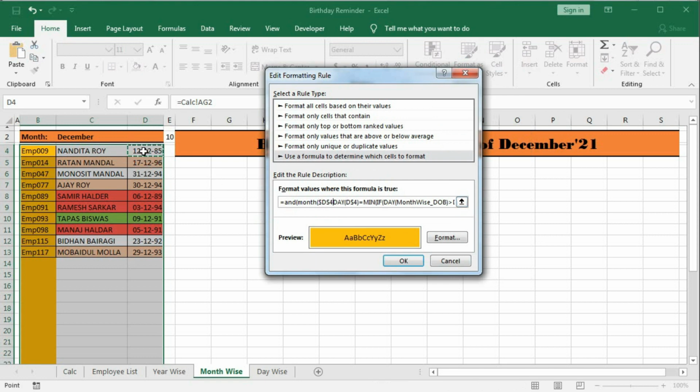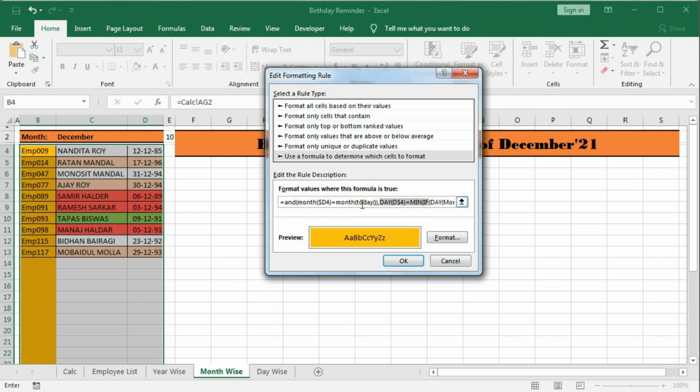Select this cell, press F4 twice to lock the column, then bracket close, comma, equal to month bracket close today. Comma. So this is one logic. Up to this is one logic, and from here another logic.